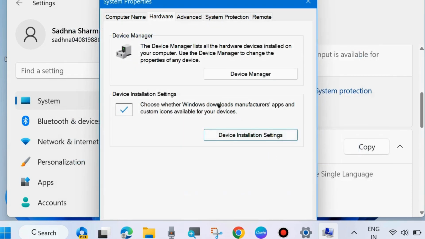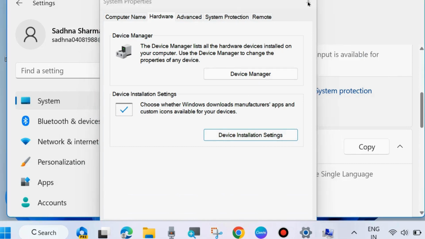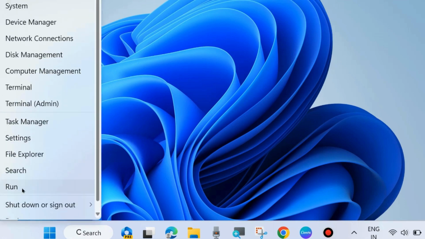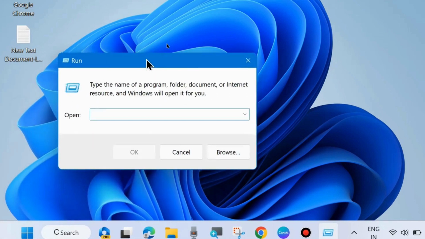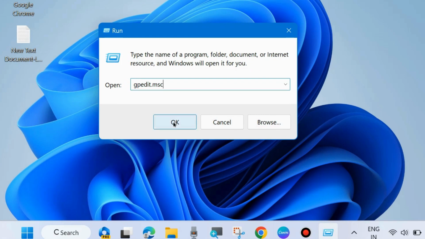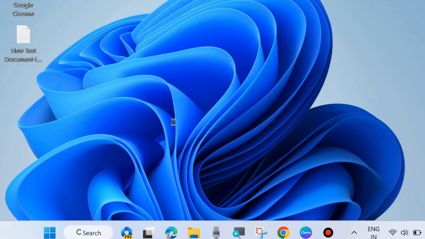The other way to stop automatic driver installation in your Windows 11 and 10 system is through the Local Group Policy Editor. Press the Windows plus R shortcut key together to open the Run command box in your system, and in the Run command box type gpedit.msc